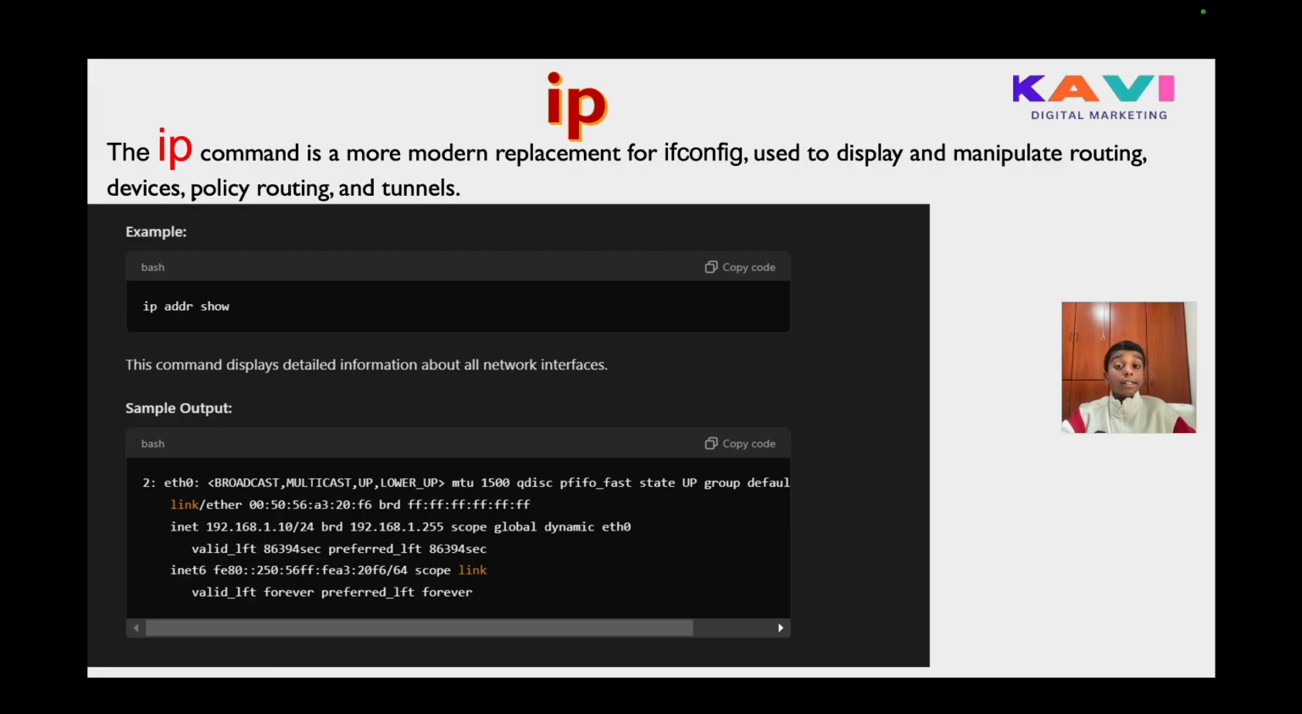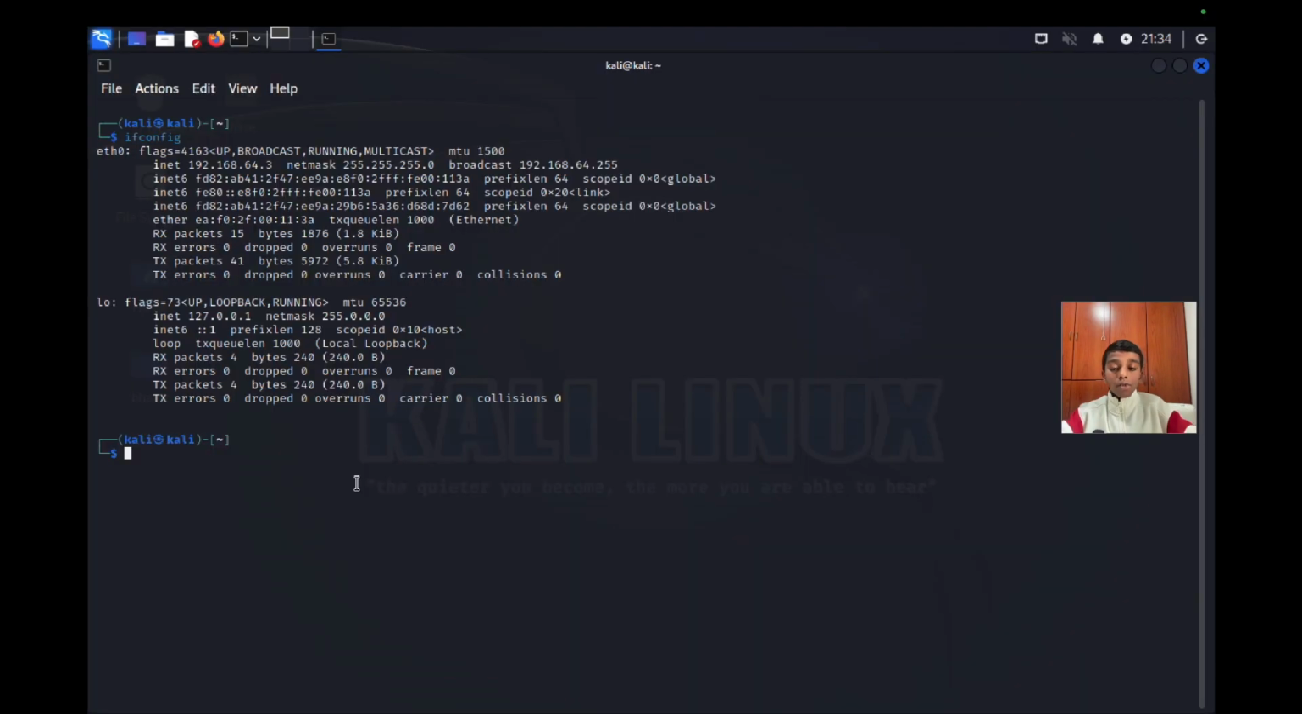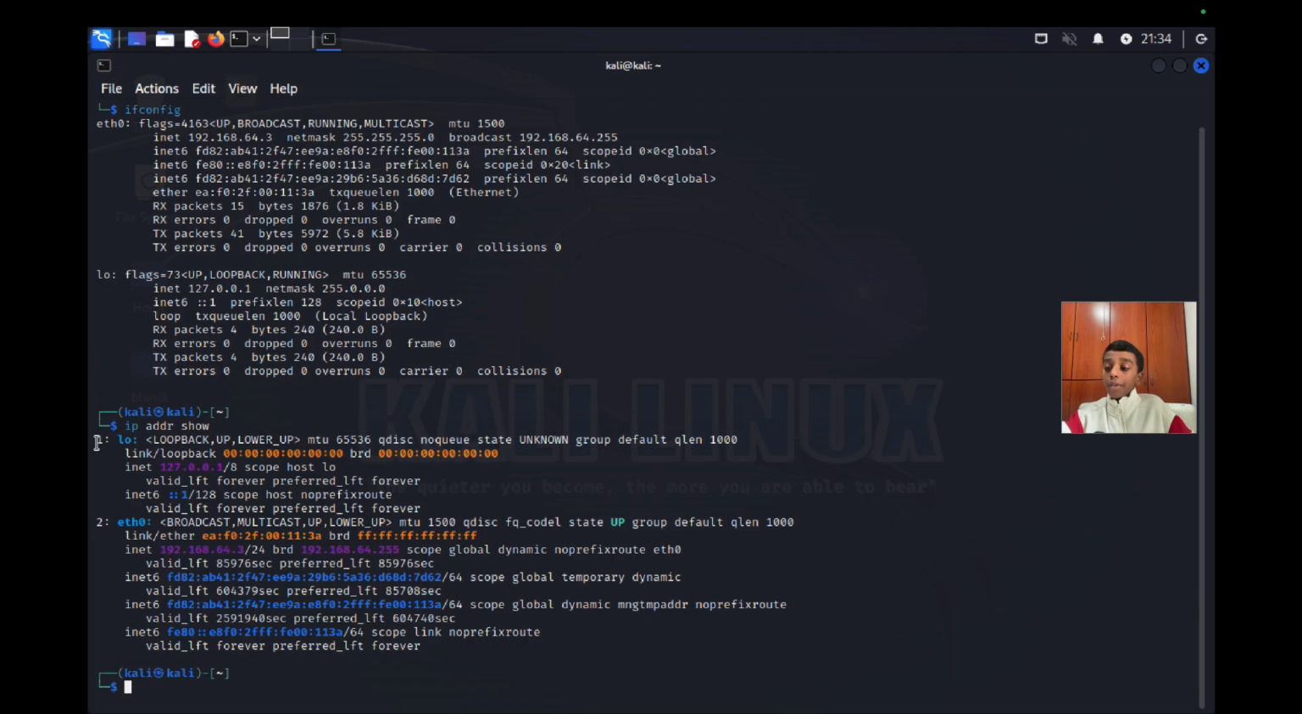In our sample output it will show 2: eth0 and some random numbers. Now knowing this, let's run this in our Kali Linux. Here I'm back at my Kali Linux, and I'm going to type IP addr show. When I press enter it will say first lo loopback up lower up, and it will